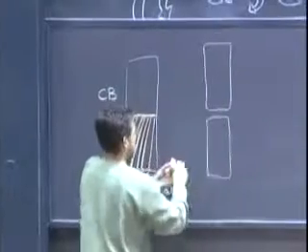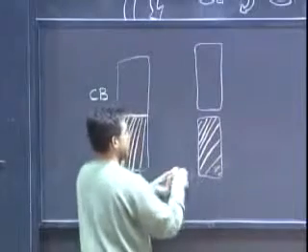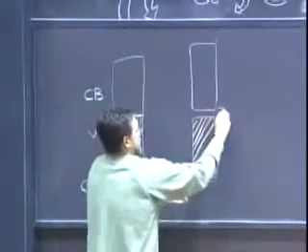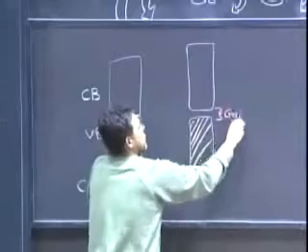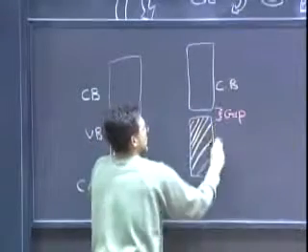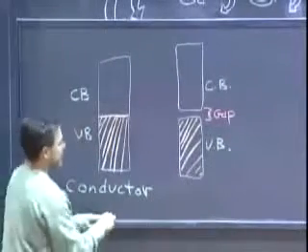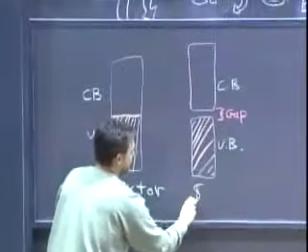You may have a valence band that is separated by some energy gap from the conduction band. And if that is the case, then you have a semiconductor,